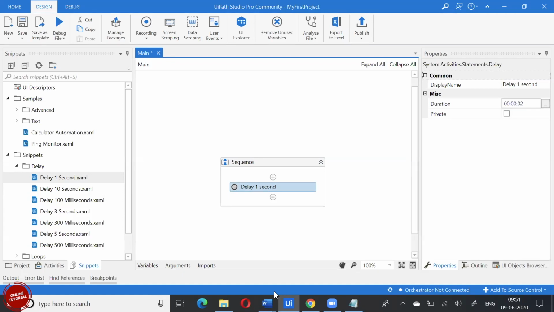Suppose you're working on some process and it's taking time to load. The robots are designed to run at the fastest pace. So if you feel that your browser is taking more time to load, then you have to add delays. Delays are nothing but making the computer wait. A human being can tell that they have to wait if the browser has not loaded, but machines are not designed to understand that.